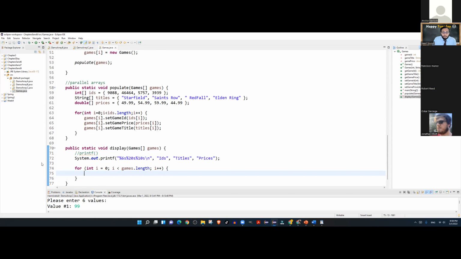Get, exactly. Okay. Now, when I write my next printf, I have to be very careful. Why do I have to be careful? Because now I don't have the 3 strings. My very first getter is ID. What kind of value does the get ID return? What is the return type of get ID?